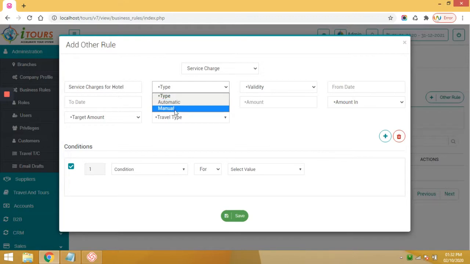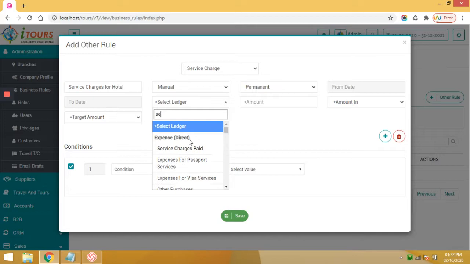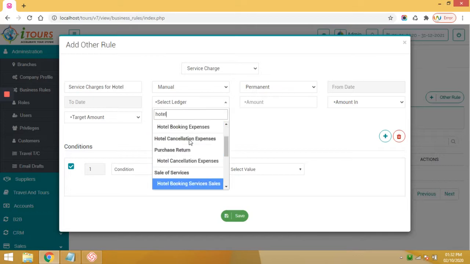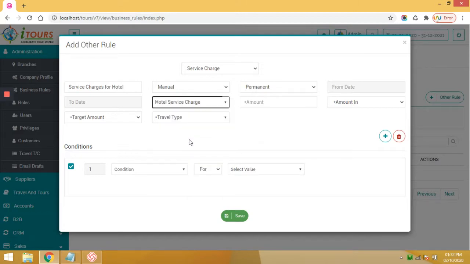The validity, which ledger will be affected, the amount is applicable on the percentage basis or the flat, let's say percentage or the flat.